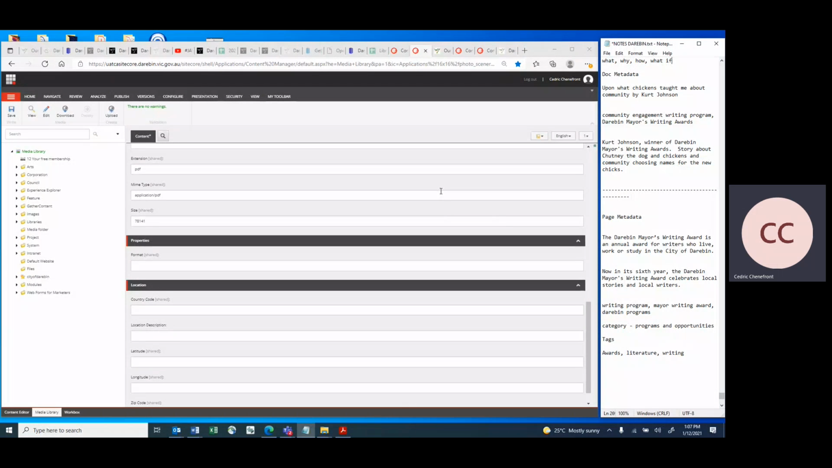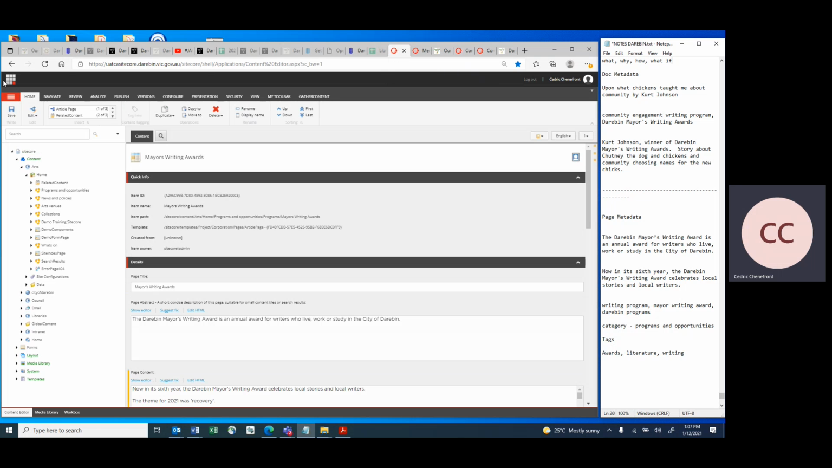So this is a training video to show you how to add metadata to your files, so your PDF files or a document, as well as to your actual pages themselves. So with the first part of this, let's look at how to add the metadata to your